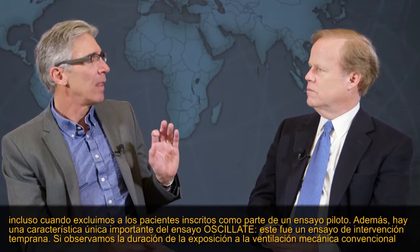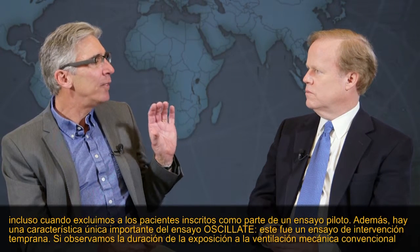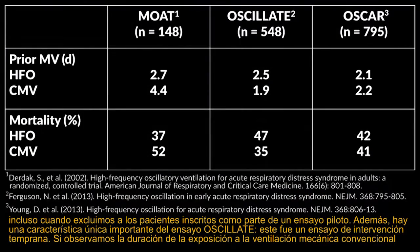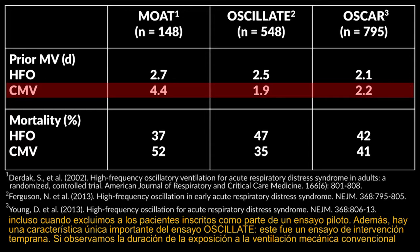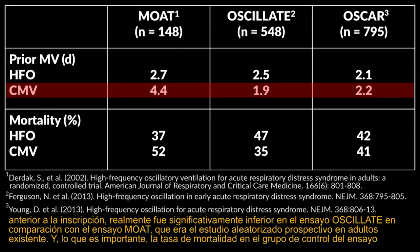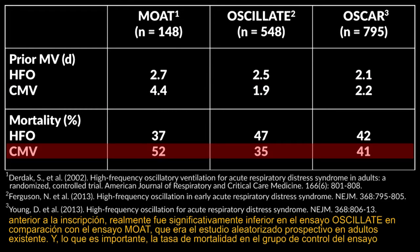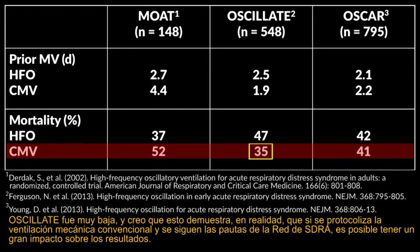In addition, there's a significant unique feature to the OSCILLATE trial, and that is it was an early intervention trial. If you look at the duration of exposure to conventional mechanical ventilation prior to enrollment, it really was significantly lower in the OSCILLATE trial than in the MOAT trial, which was the existing adult prospective randomized study. And importantly, the mortality rate in the control group in the OSCILLATE trial was very low. I think it demonstrates that if you protocolize conventional mechanical ventilation and follow the ARDS Network guidelines, you